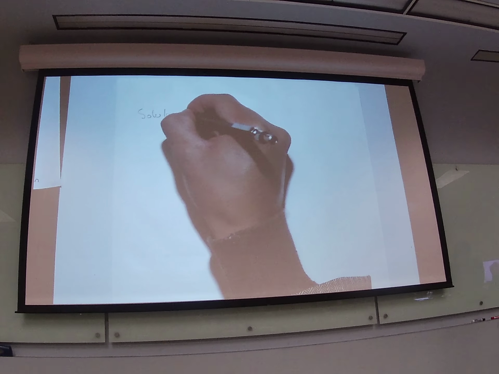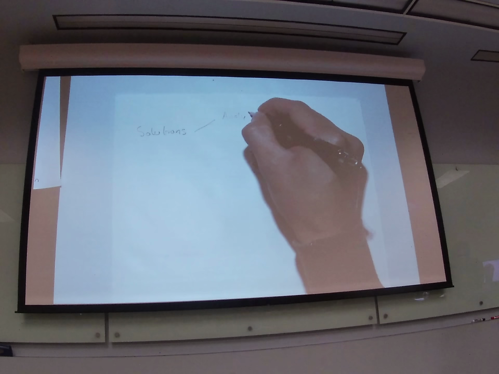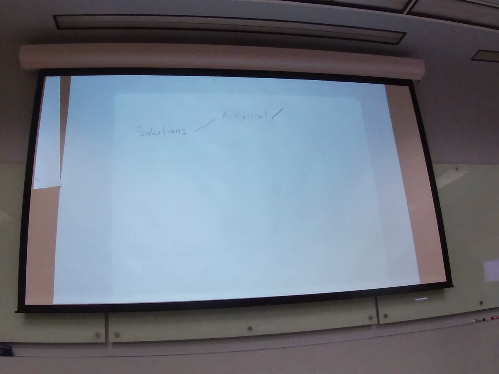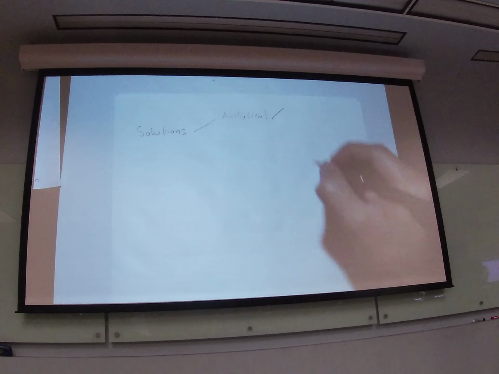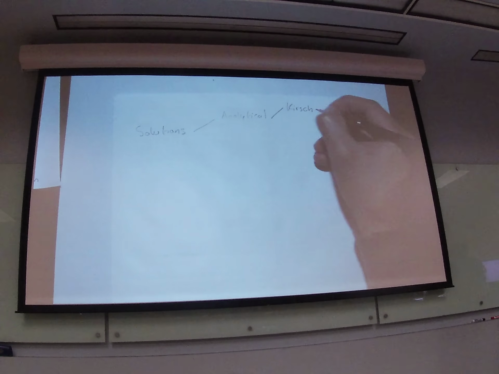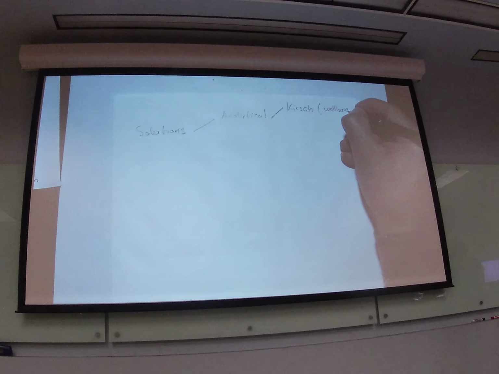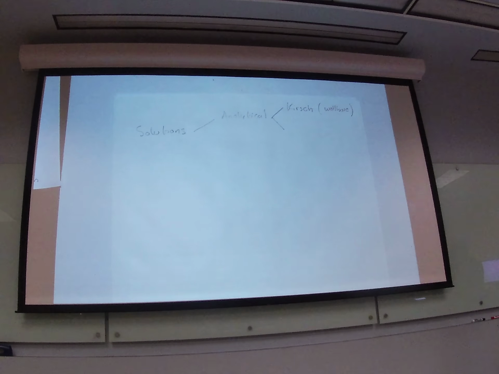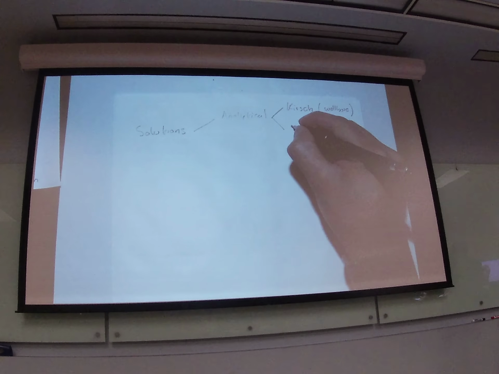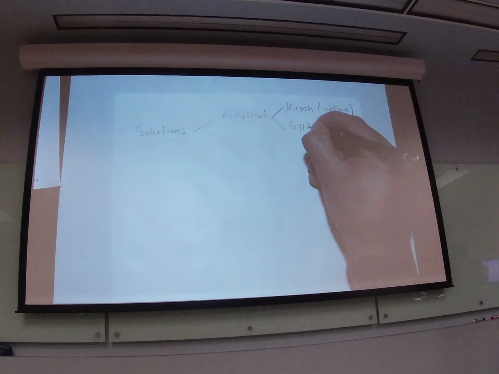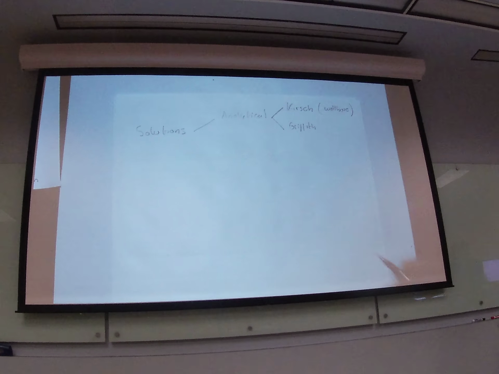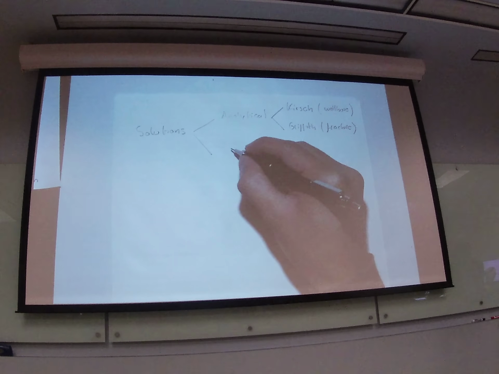So for a general mechanics problem, some of the solutions that we're going to see are going to be analytical. For example, when we talk about wellbore stability, we'll talk about the Kirsch solution, which is the solution for stresses around a wellbore. Later on, when we talk about hydraulic fracturing, we'll see the approximations from Griffith, and this one is valid for a fracture with elliptical geometry. But in general,